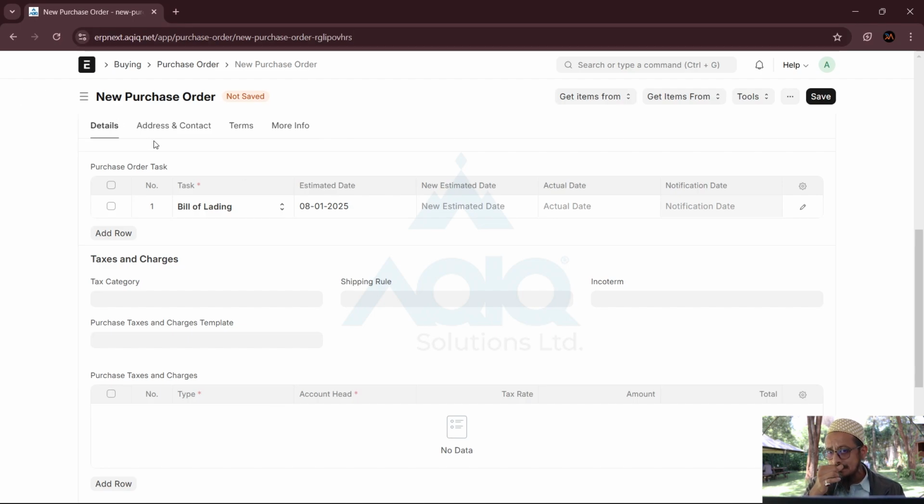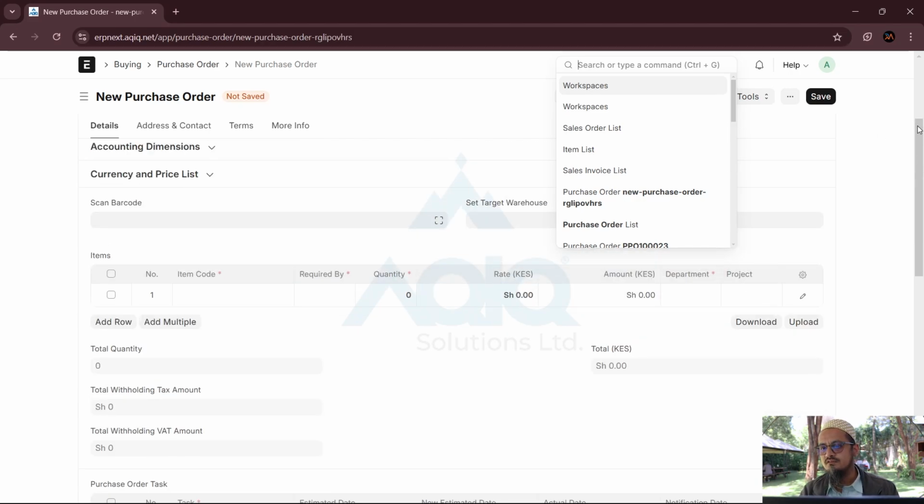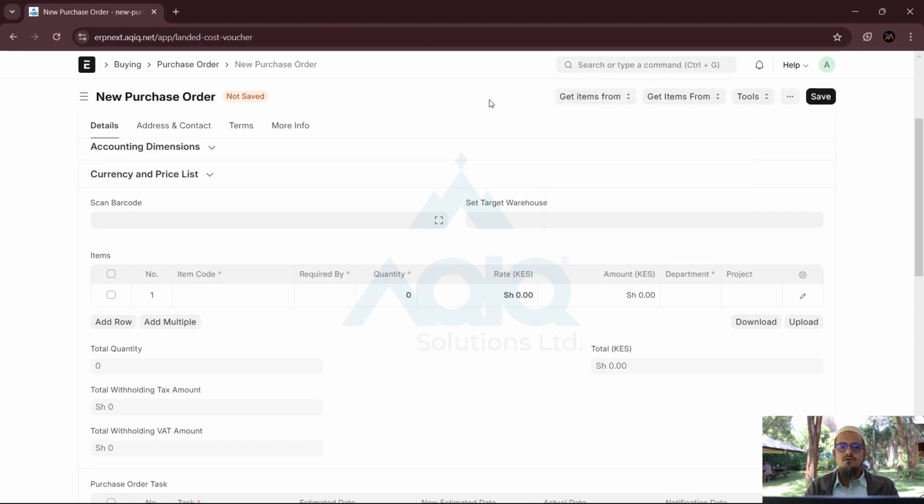Now, coming to the landed cost. Here you will have many purchase invoices that have been posted related to that shipment number. You have the supplier invoice first, then the cargo, the offloading, IDF, transportation, and duty. When you post all of those, you have to tag them with a common shipment number, so that when you come to the landed cost voucher over here,